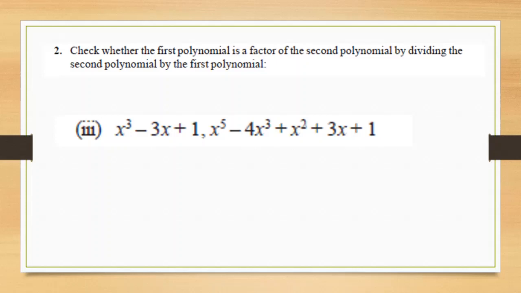Now, at this moment, I would like to tell you that exercise 2.4, which is optional, means it's not there from the exam point of view. You can try it out on your own. We can do it while we do revision. At the moment, I'm not taking up these optional exercises, but you can always do them. They are like your HOTS questions. But cubic polynomials and all are not there in your portion as it is. But you can try it out. We'll do it while we do revision.